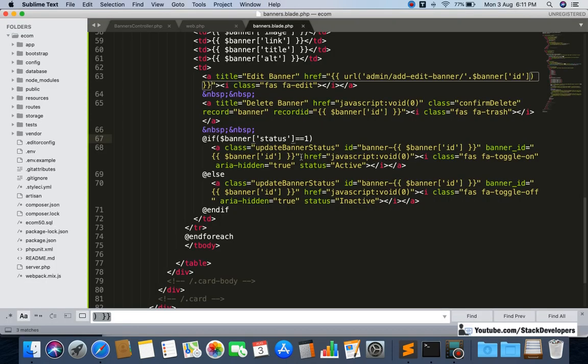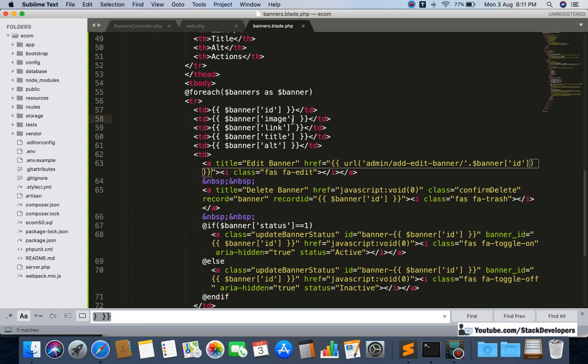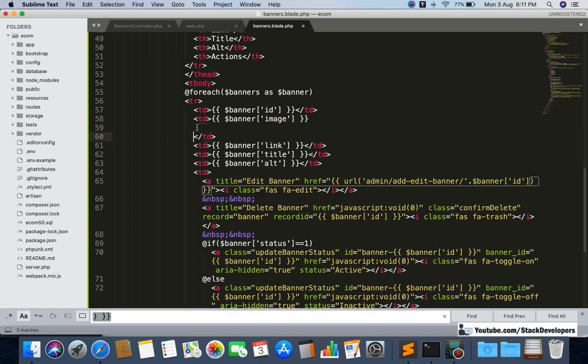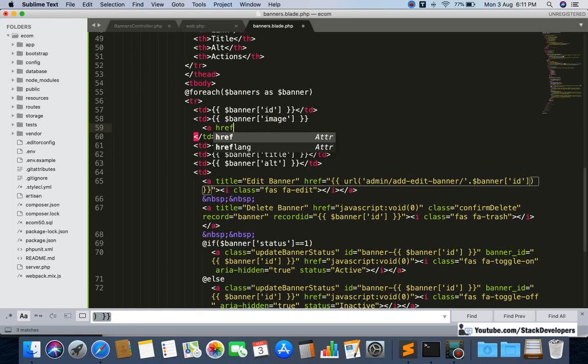Okay, so now we are going to update the image, and for the image, we are going to give the image path here. We can give it like this, with image src. The link also we are going to give, so the link also with a href, and after that the image,